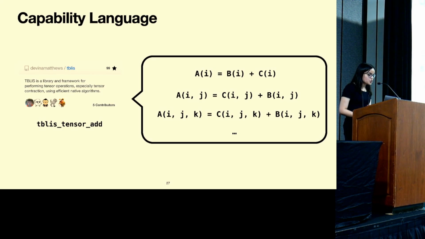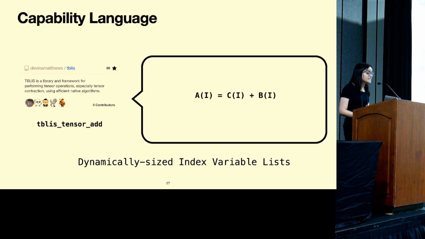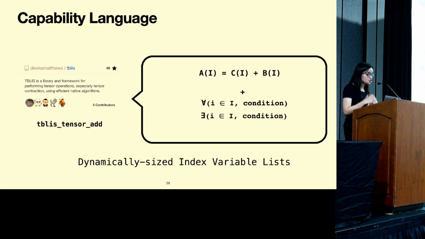work. So in order to capture this infiniteness of this expression, we introduced the notion of a dynamically sized index variable list. So you can instead index into a tensor without fixing the order of that tensor. And in addition to making this addition to the prior work existing language of tensor algebra, we also add this notion of being able to add constraints on a dynamically sized index variable list. This is because even though your index variable list might be dynamically sized and the expressions you want to compute might still be infinite, you still want to maybe impose some constraints on them.